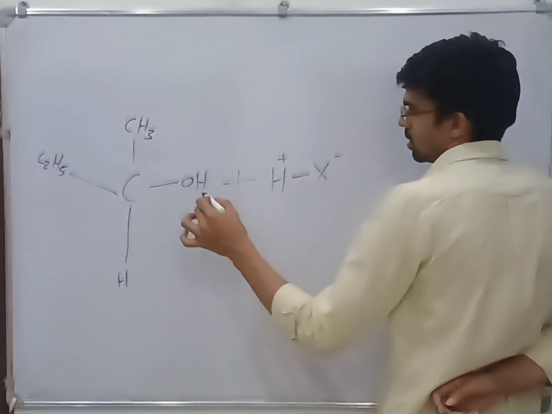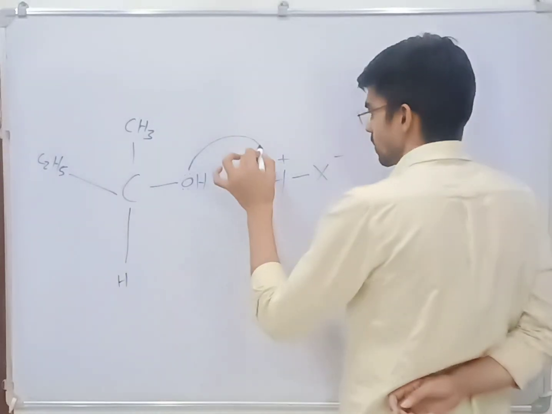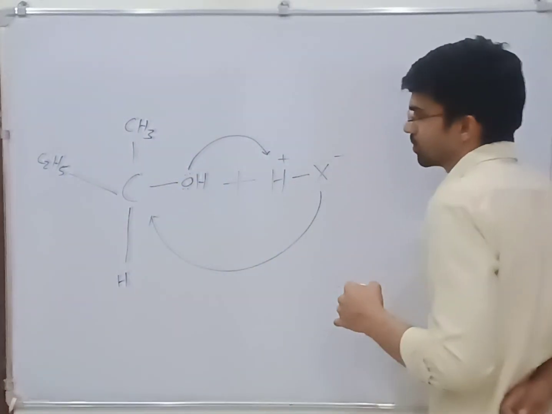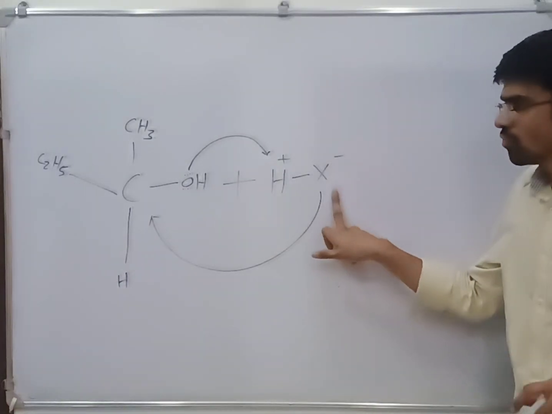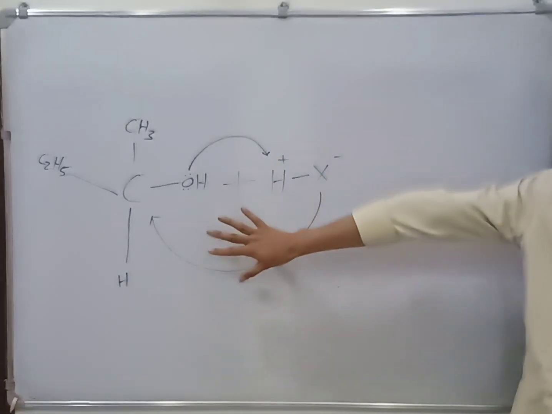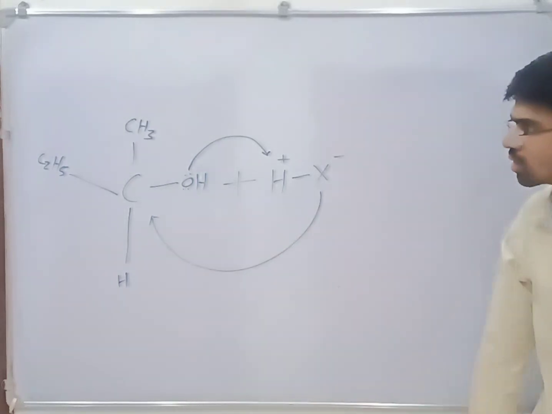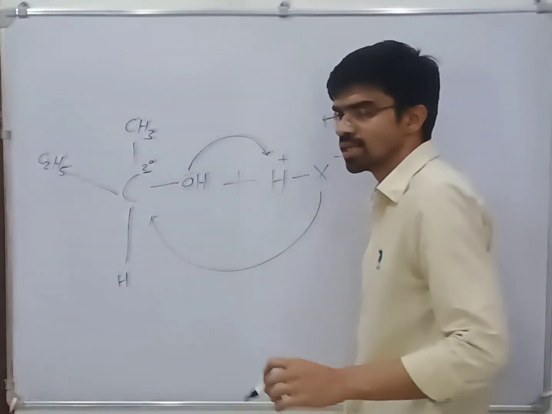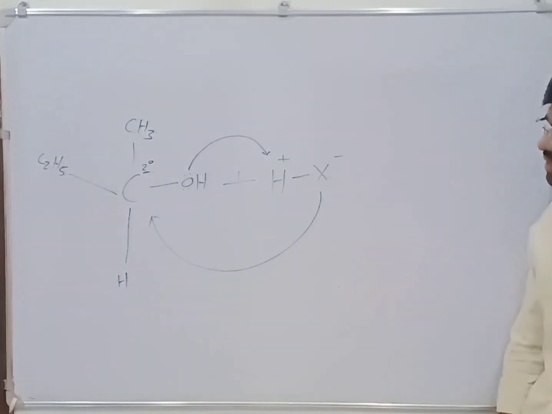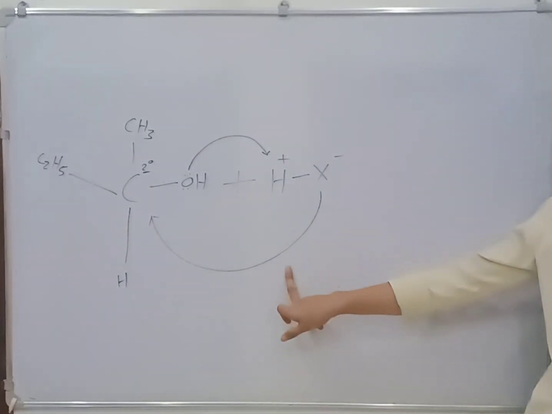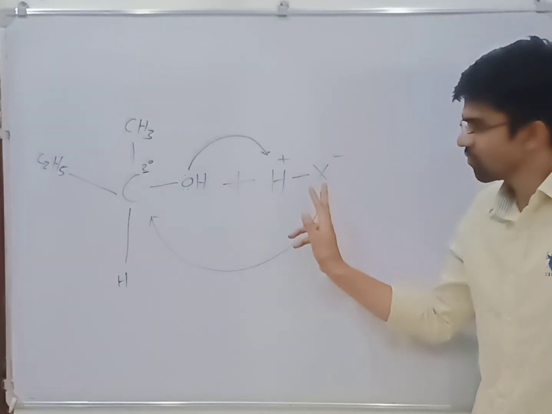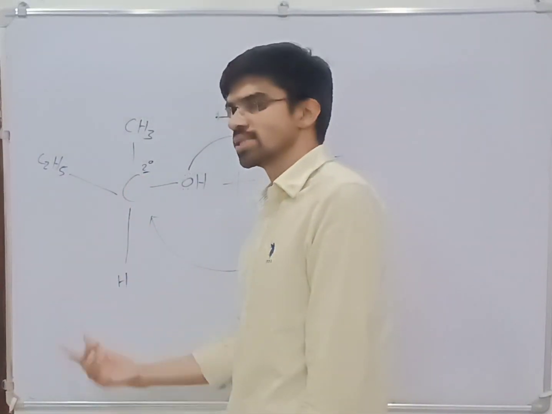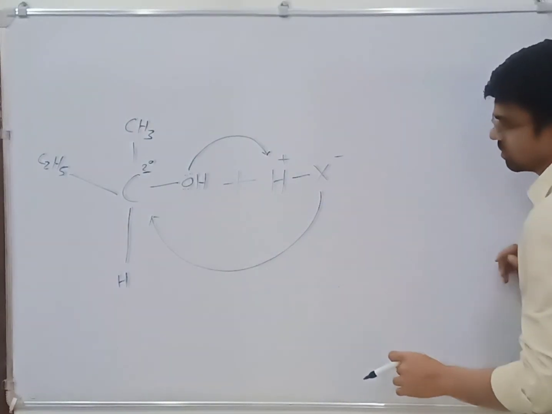Now this oxygen will donate its lone pair of electrons to this hydrogen, and this nucleophile will attack the carbon. Now that nucleophile can attack from both sides. This is your 2-degree carbon, so the SN1 mechanism will follow. In the SN1 mechanism, the nucleophile can attack from both sides, from the front side or from the rear side. If it attacks from the front side, the product will be formed like this: